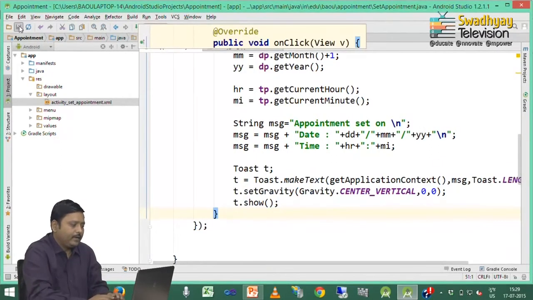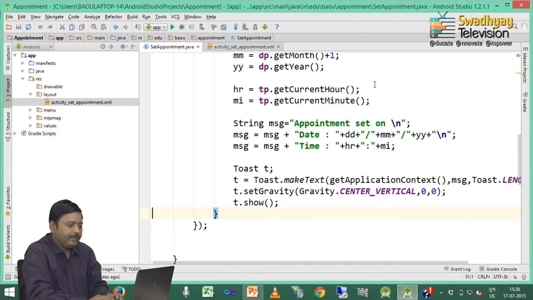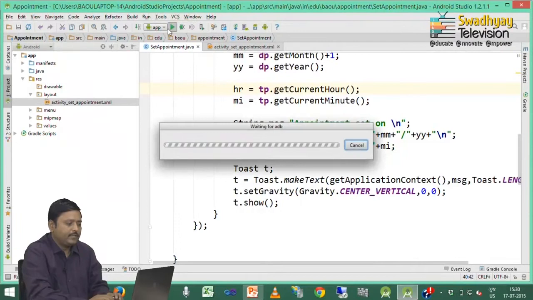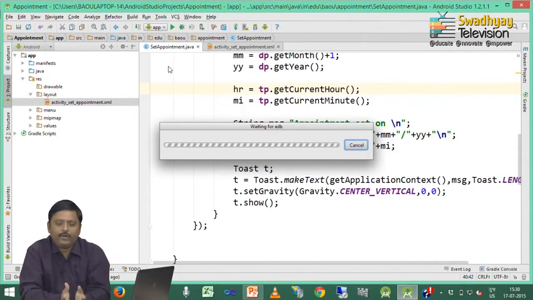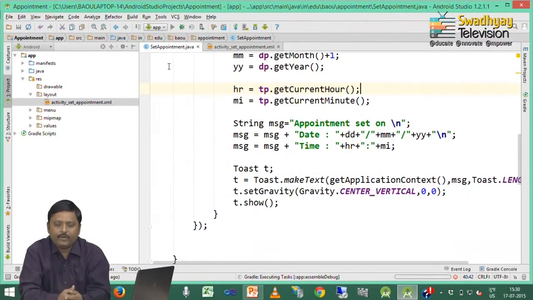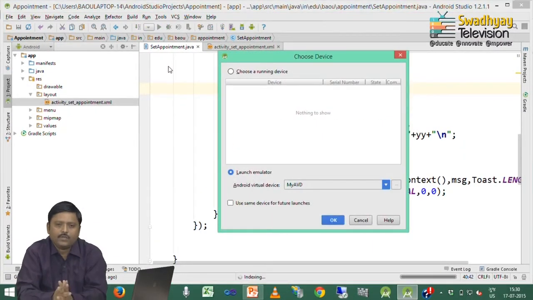our interface is ready. Next we want to save this file and run this application by clicking on the run app button. So, I am just clicking that button, it will try to launch a new emulator and display this inside that emulator. So, here on screen you can see it asks to launch the emulator already created with the name myavd.